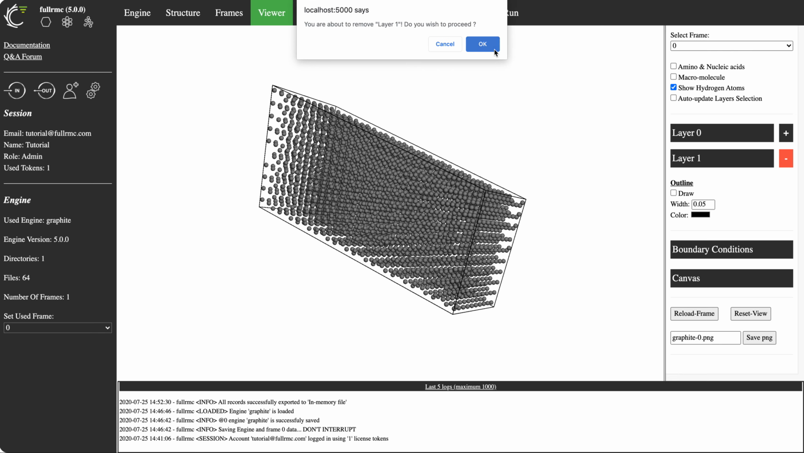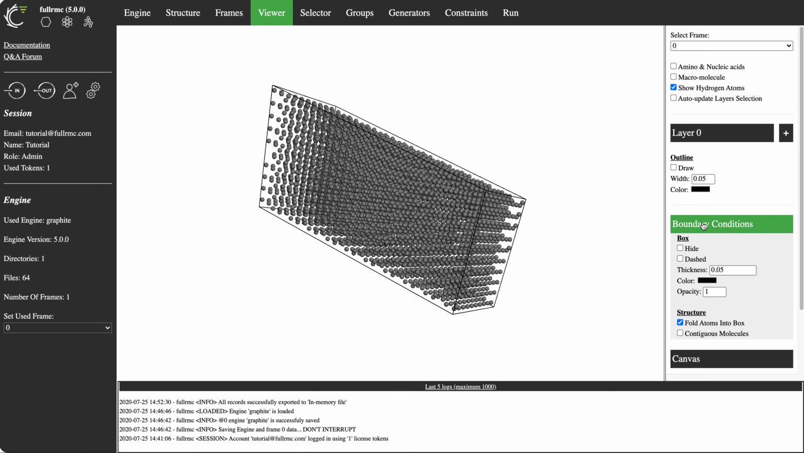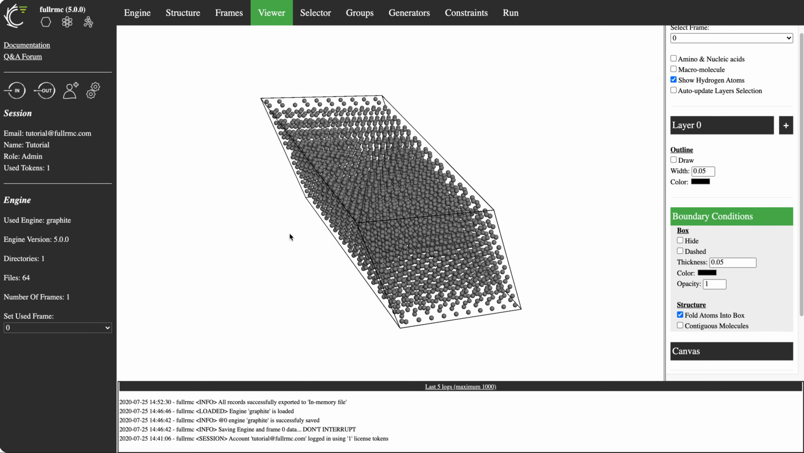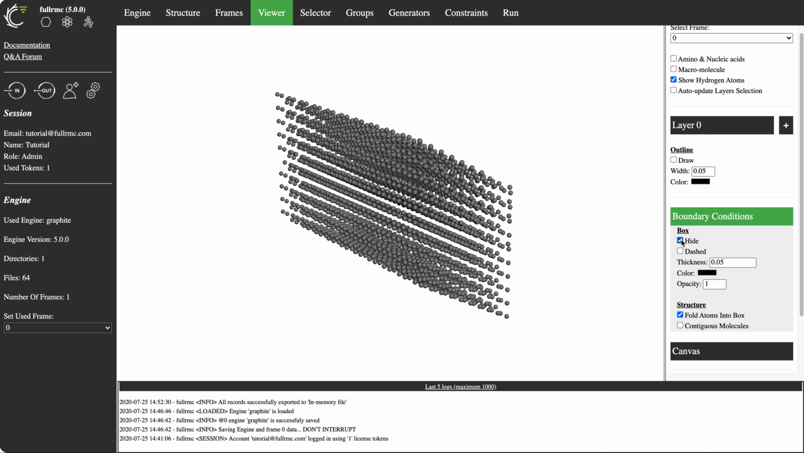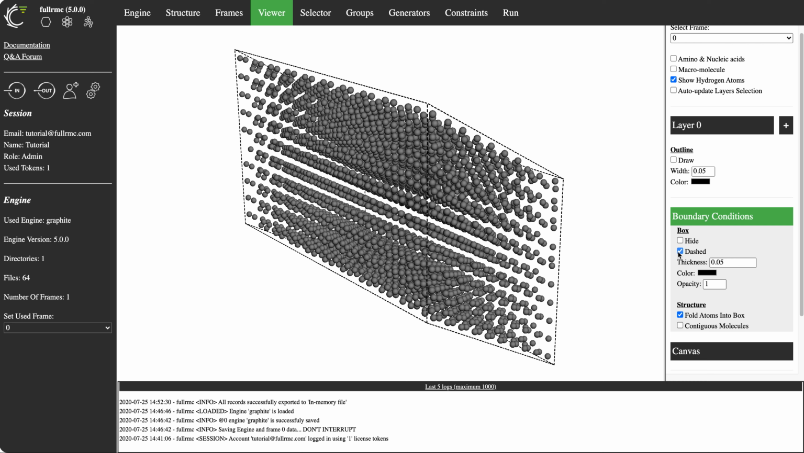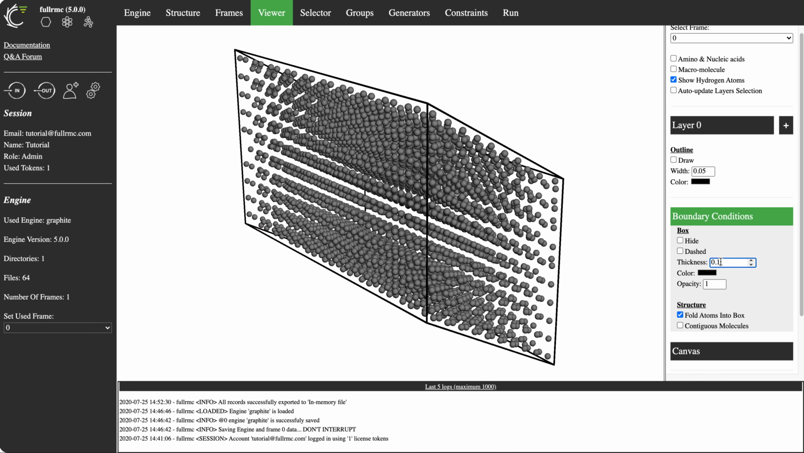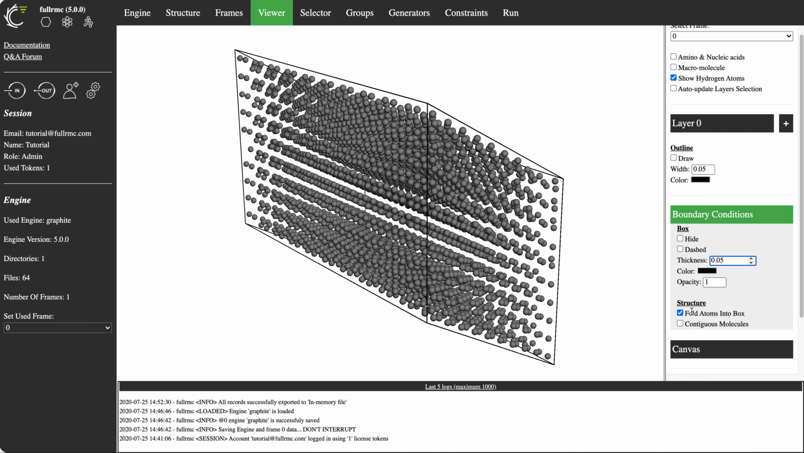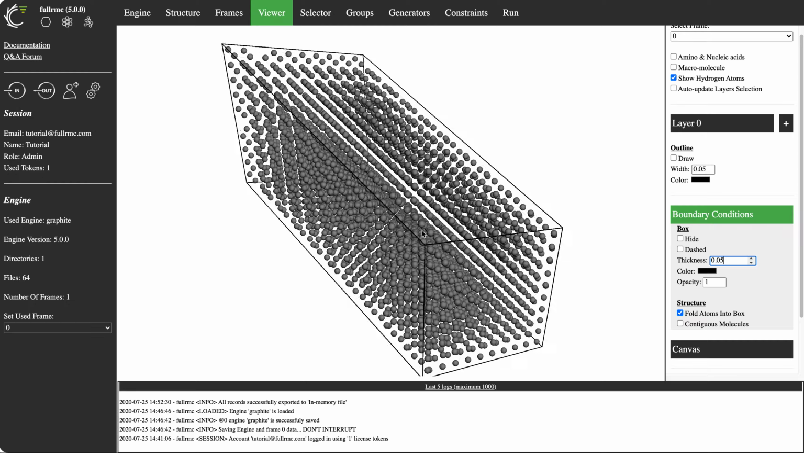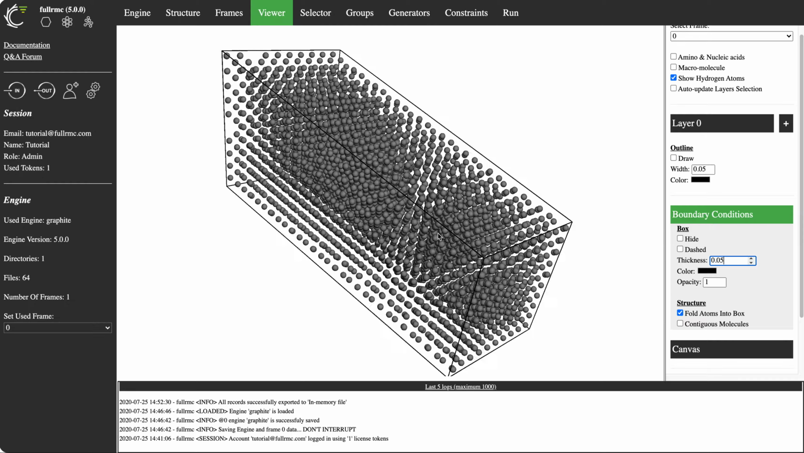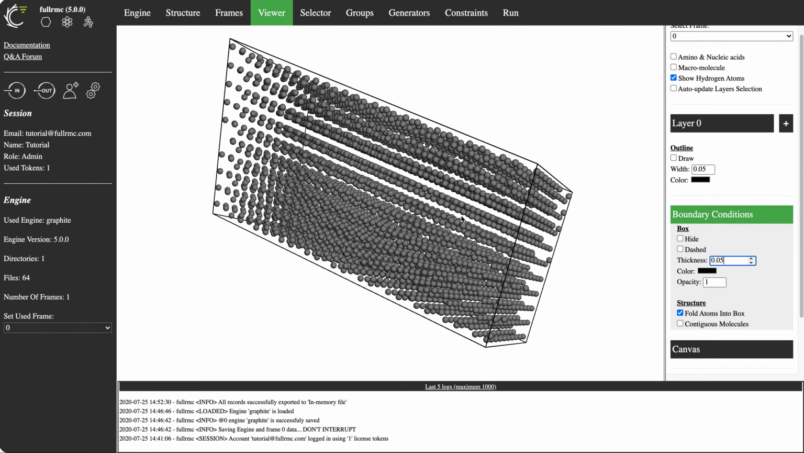So I'll remove this layer now. You can also visualize the boundary conditions. Now these are the boundary conditions. I can hide it, I can plot it, I can make it dashed or not. I can improve the thickness, change the color. Let me come back here because we will use that later. 0.5. And one very important feature that you would be very interested to see, and I will demo it later,